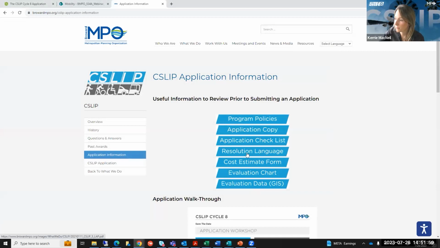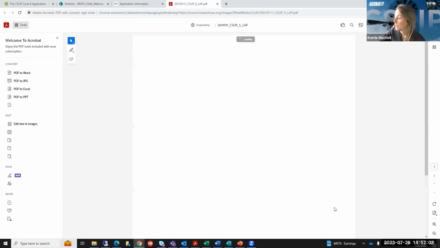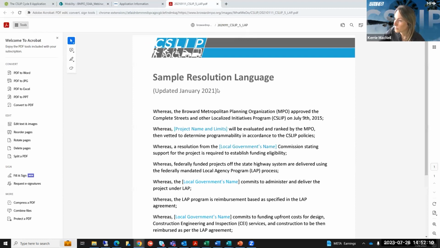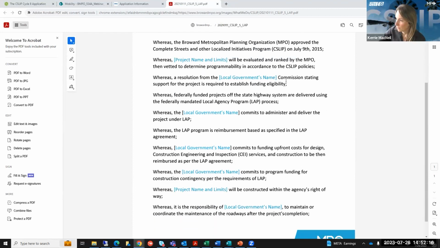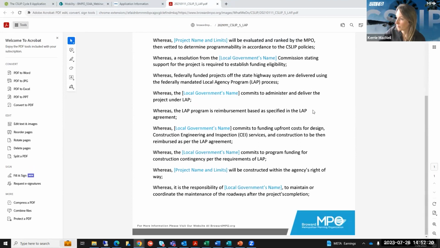All right, and next up is that resolution language template. When you click on that, a new tab will open in your browser. And this is the same resolution template as last year. So updated January 2021, it's been the same since then. So like I said, we've got a commitment to delivering the project through LAP. We've got a commitment to fund